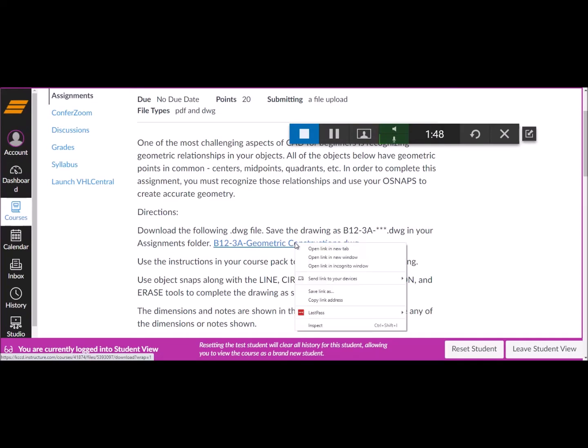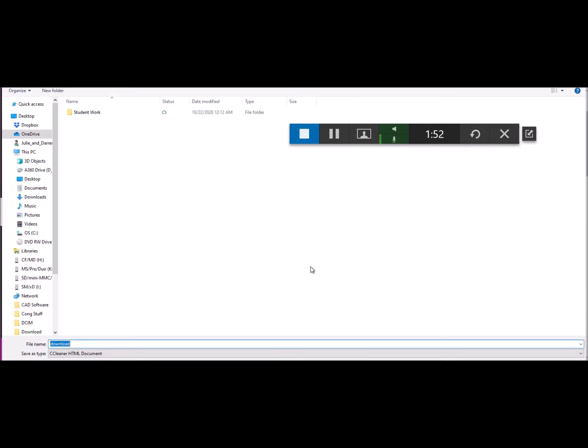And then you want them to download this. So of course they would have to save the link, right click, save link as. And then I don't know where you're having your students save their stuff. I'm trying to get them to save it on a OneDrive. That's just been what I've been doing this semester, so that no matter where they are, if they're on campus or at home, they've always got access to their files. So anyway,